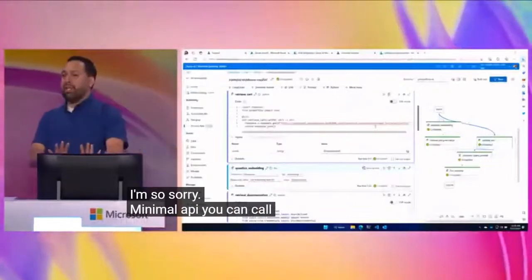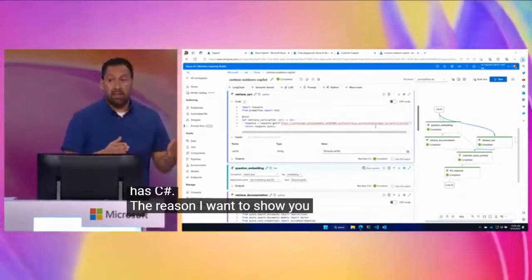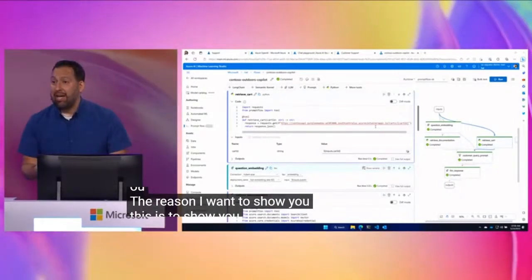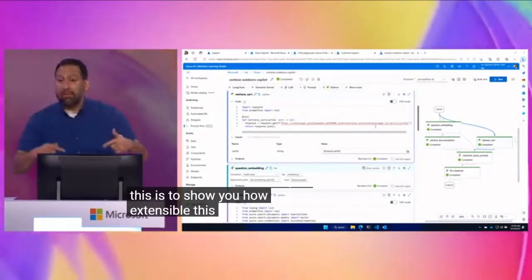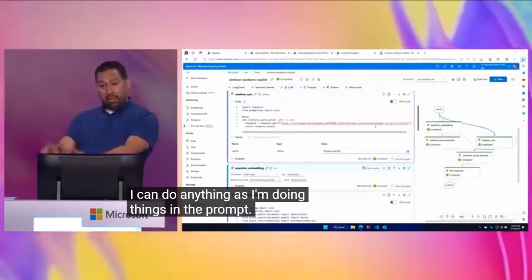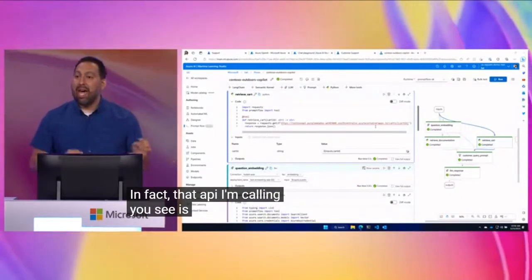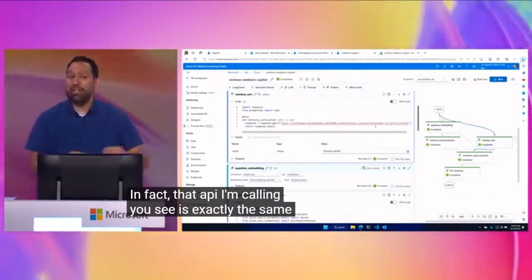Now, the reason why I want to show you this really quickly is to show you how extensible this is. If I can call an API, I can do anything as I'm doing things in the prompt. In fact, that API that I'm calling that you see right here is exactly the same API that manages the cart on the website.